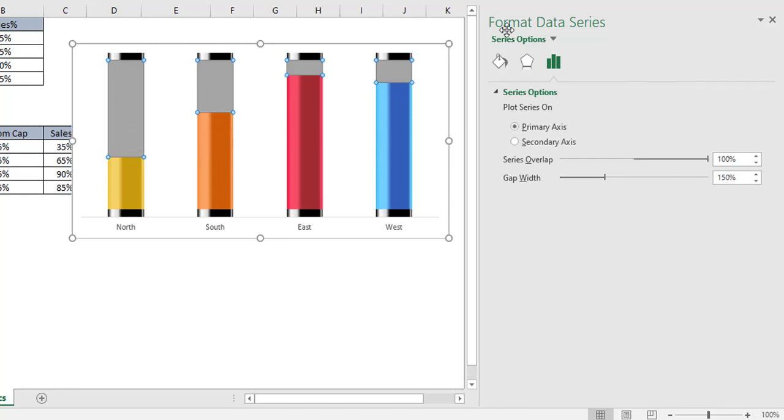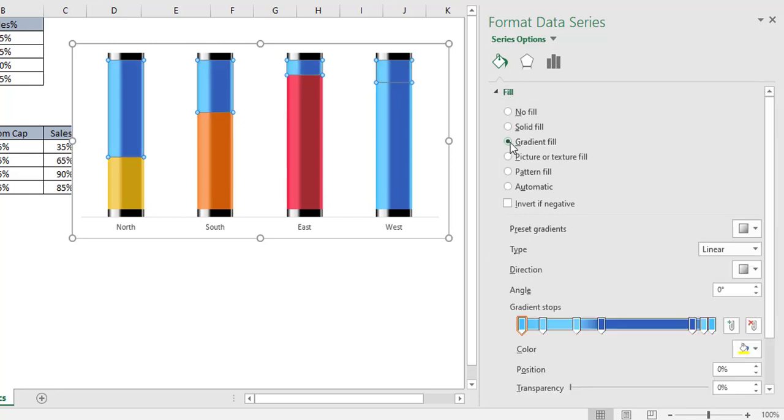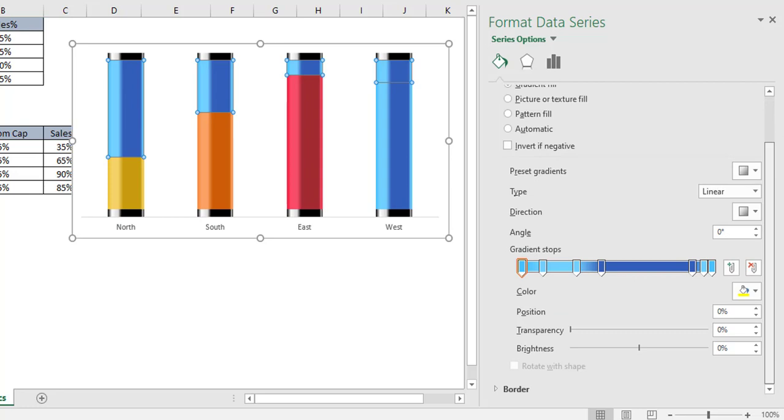Basically just go to format data series, select the fill and line, and then select the gradient. So it has automatically picked the last one, the west cell series, so no need to worry. Let's change the position of each and every gradient stop. Select the first one, and the position should be 4%. Okay, and select the second one, and the position should be 13%,